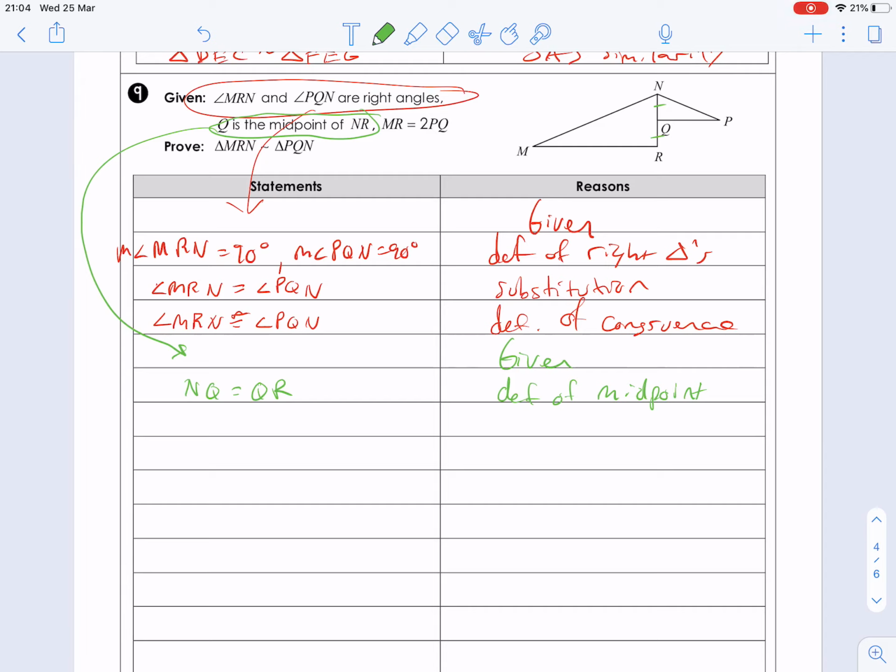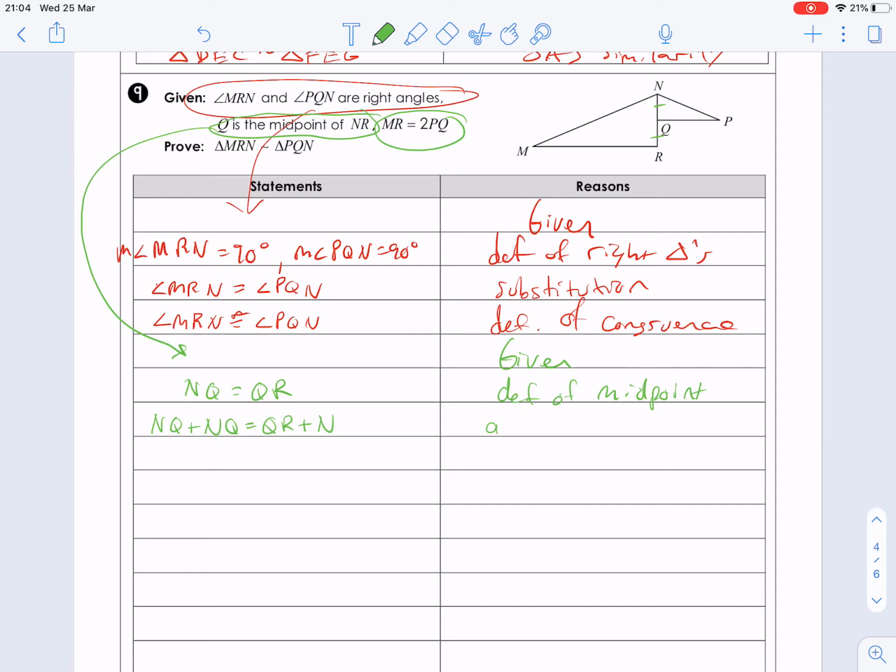So here we go. You see how it has MR equals 2PQ? MR equals 2PQ. So we have to do something with NQ and NR somehow. So let's see if we can get it working here. So let's add an NQ. So if we added an NQ to both sides,